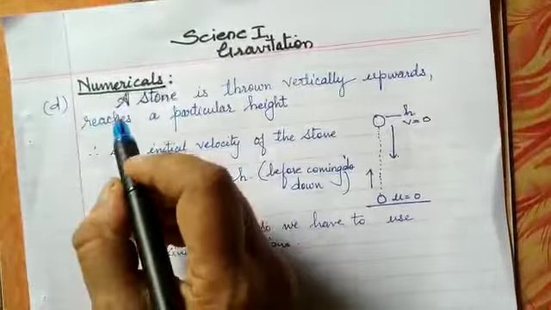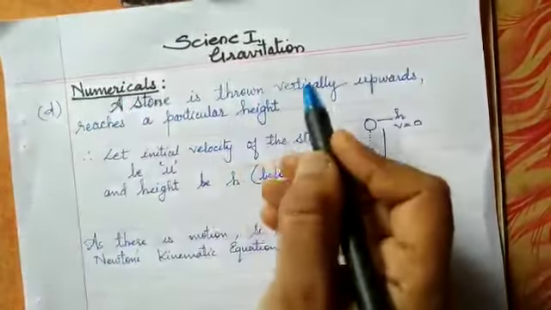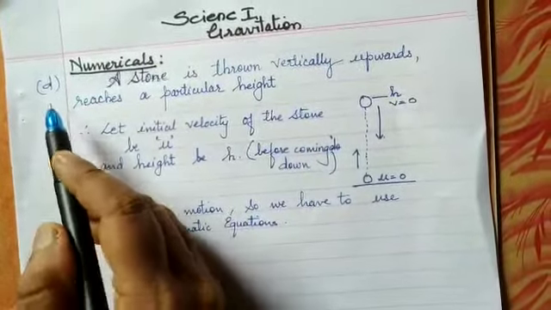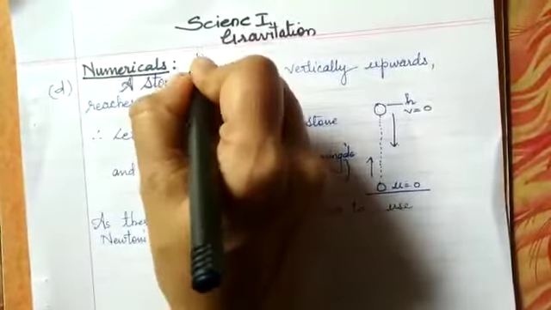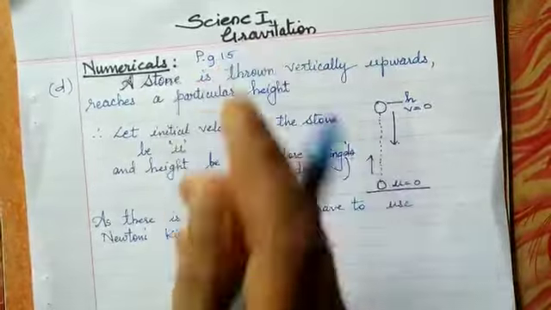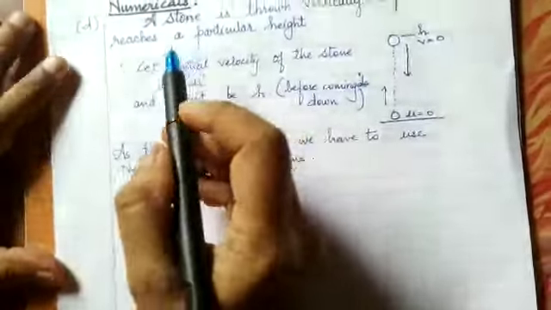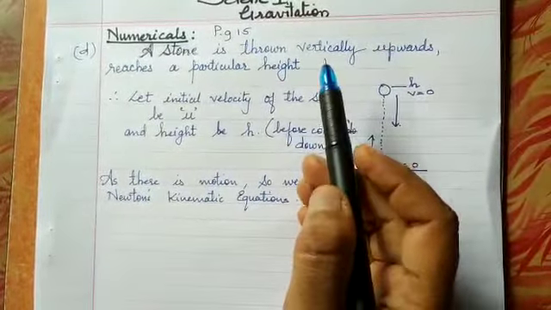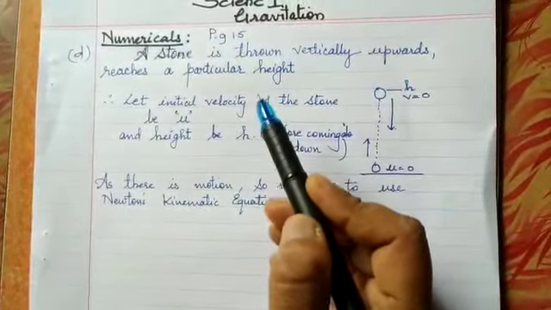Today we are going to learn about the numericals of lesson number 1, gravitation. It is on page number 15. Sum number D. The sum is about a stone is thrown vertically upwards with initial velocity u, reaches a height